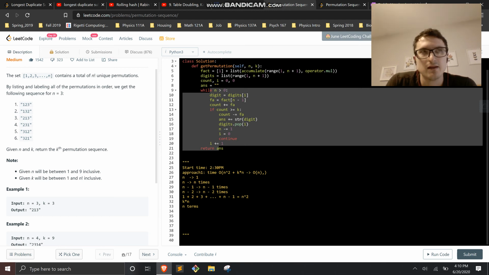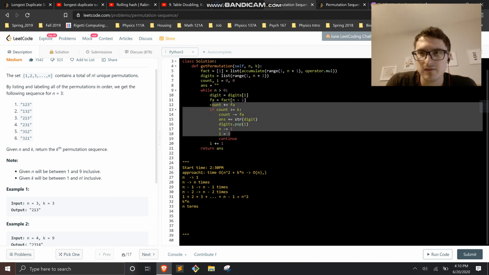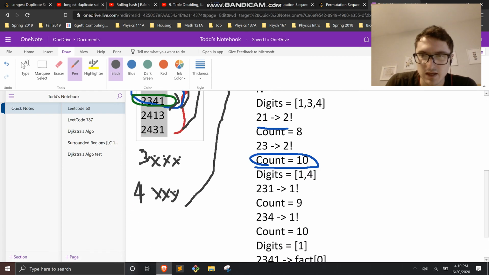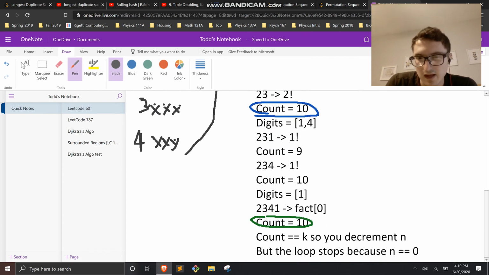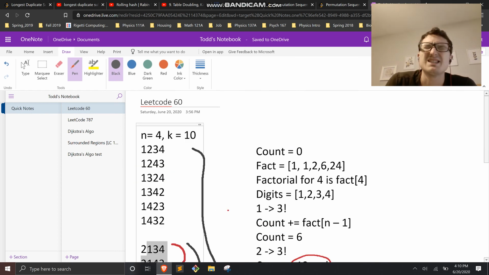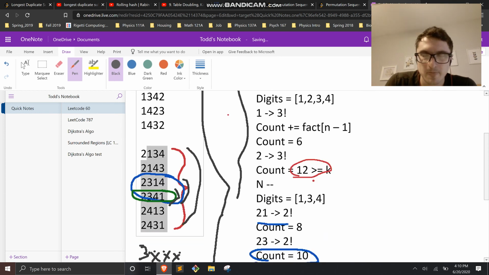Oh, wait a second. You keep subtracting the count, but it seems to me that the time complexity for this, I'm kind of messing myself up here, but it seems to me the time complexity is not too crazy though, because let's see here, oh man, this is bad. This is why I knew I was gonna have trouble analyzing the time complexity for this problem. So okay,